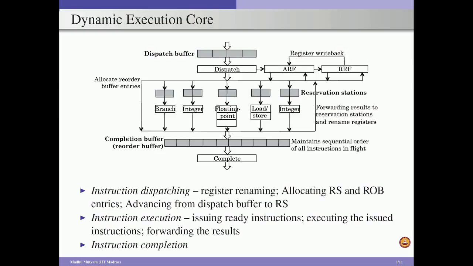And we allocate an entry in the reservation station because the instructions will be waiting in the reservation station after they are dispatched, and they will wait until both the operands are available as well as the function unit is available. And we also allocate an entry in the reorder buffer for all the instructions which are